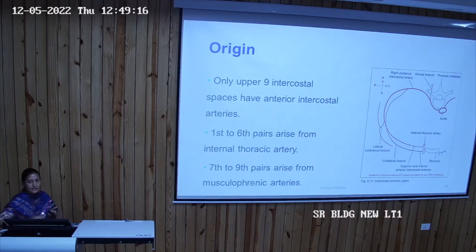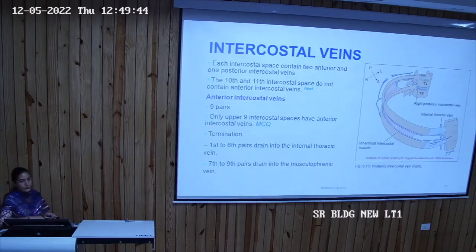Similar will be the venous drainage. When we study the intercostal veins, the next topic, the veins will drain into veins of the same name. Next are the intercostal veins. Now these intercostal veins are 2 anterior and 1 posterior intercostal vein. The picture was similar with the arteries: there was 1 posterior intercostal artery and 2 anterior intercostal arteries. So there is 1 posterior intercostal vein and 2 anterior intercostal veins.